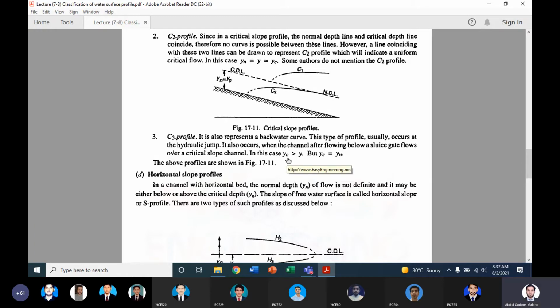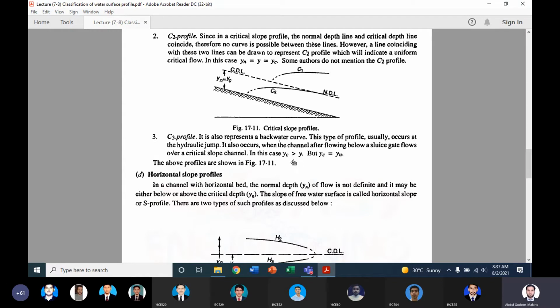तो इसका जवाब ये होगा कि नॉर्मल डेप्थ के लिए you have to maintain the condition of the uniform flow, but it is very easy to determine the critical depth if you are just given the unit metric discharge. Unit metric discharge means discharge divided by the width of the channel, फिर उस Q को आप divide करेंगे with a G and give it a power 1/3, you will easily determine the critical depth. So on the basis of that you can distinguish which profile it is.